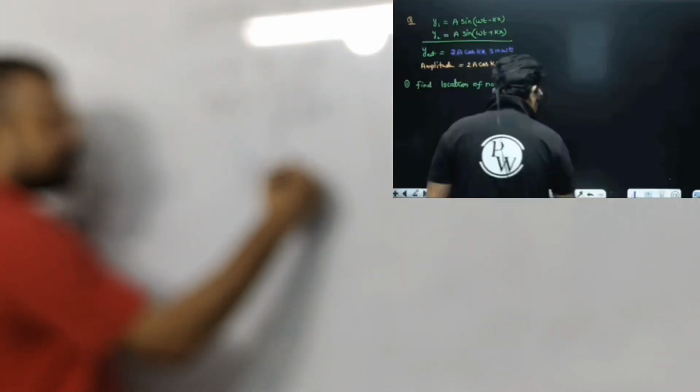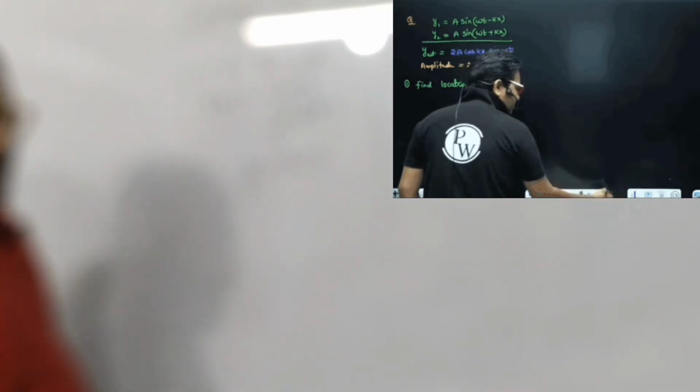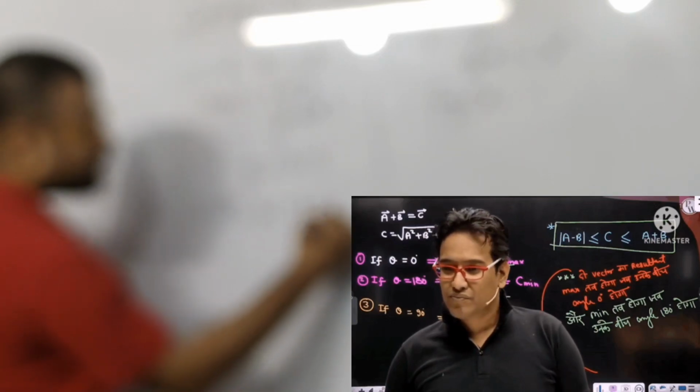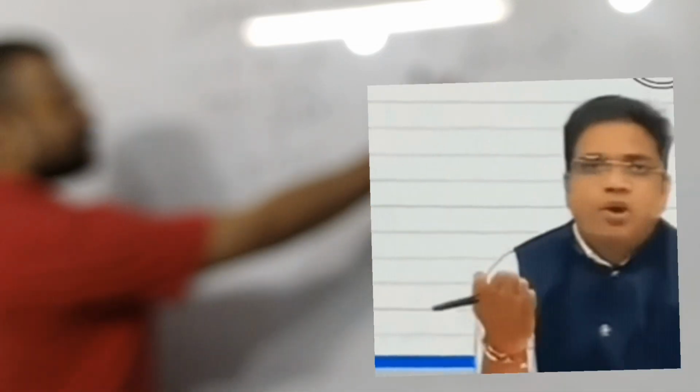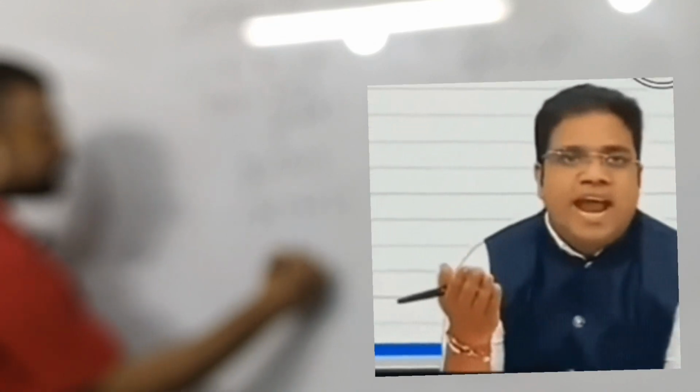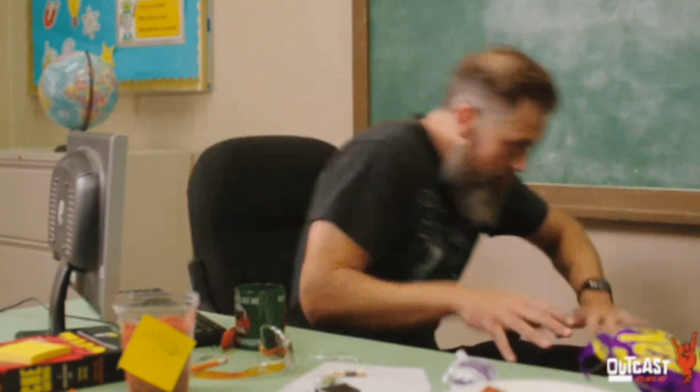Then g∘f(x) means that g of what? g of f of x, right? So it is equal to g of what? f of x is 2x plus 3. So g of 2x plus 3. And g of x is x square. So g of 2x plus 3 is (2x plus 3) square, which is equal to